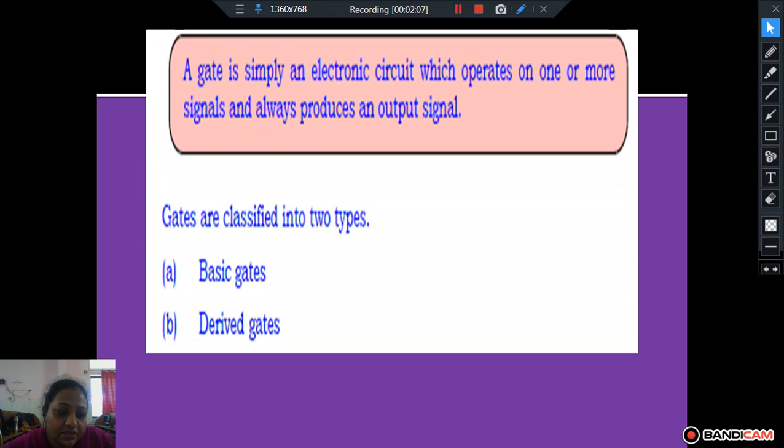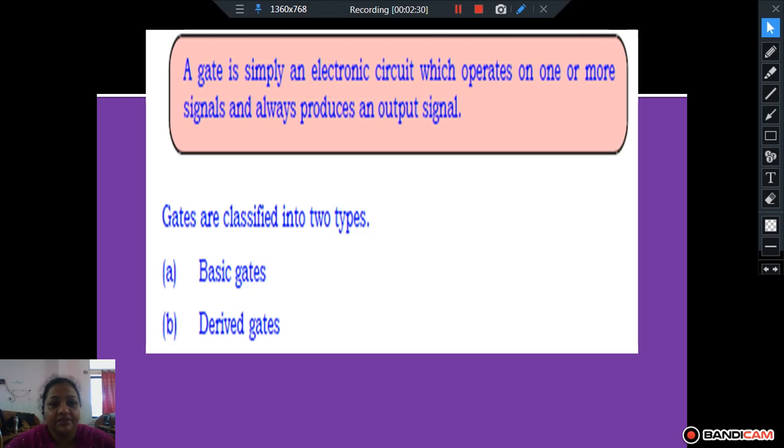Let me just recall what we studied in our previous session. A gate is an electronic circuit. It will have one or more inputs and produces only one output. Gates are broadly classified as basic gates and derived gates.